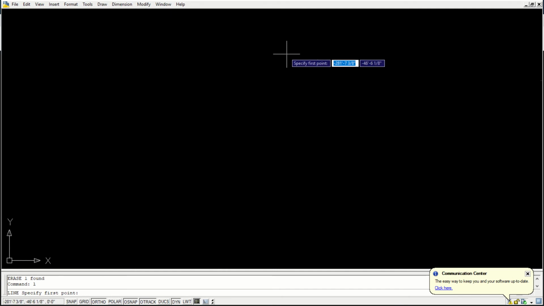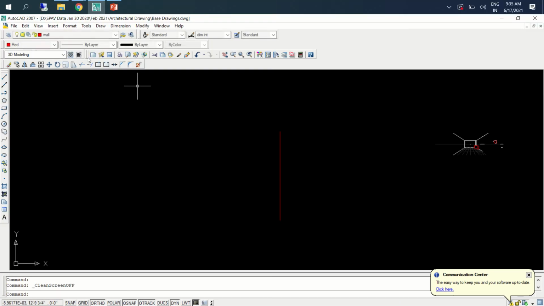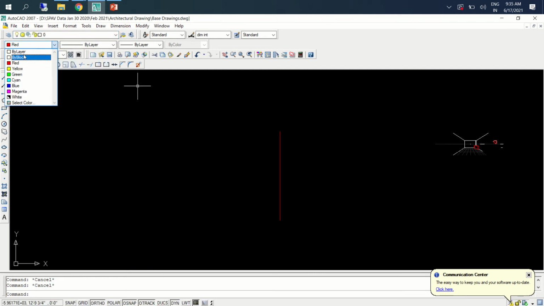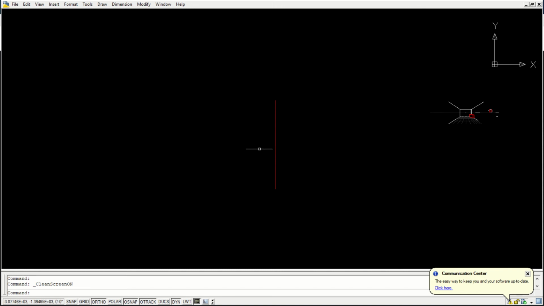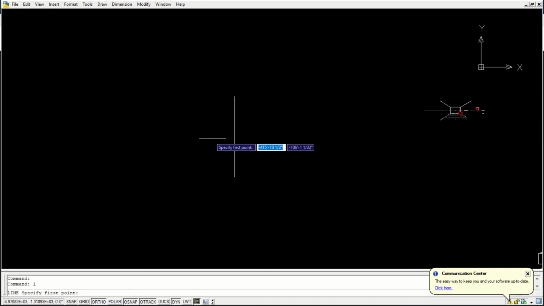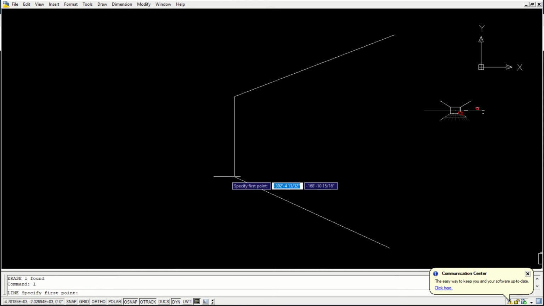Let us assume that this is the one wall, the corner of the wall, and then we need to have these rooms to be constructed.